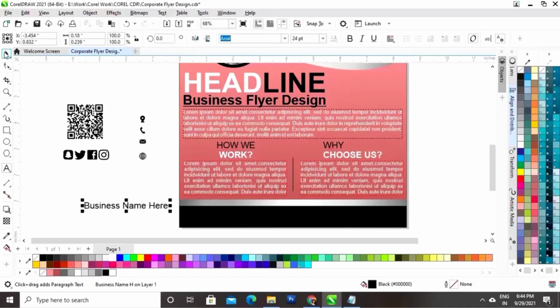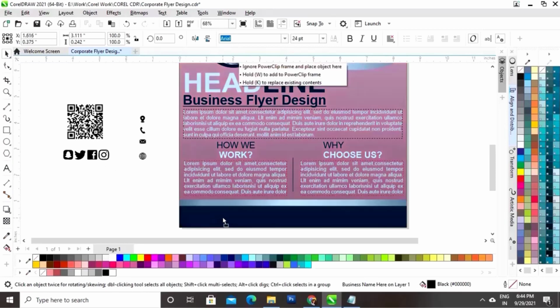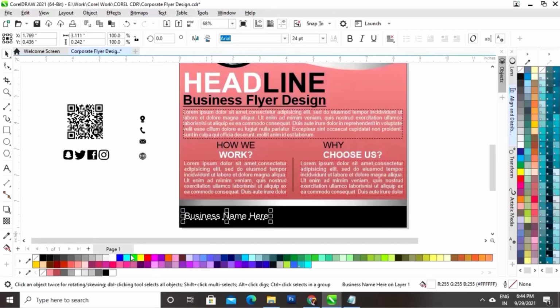First we will write the business name here and we will place here and we will give a white color to this text and the bold look also.